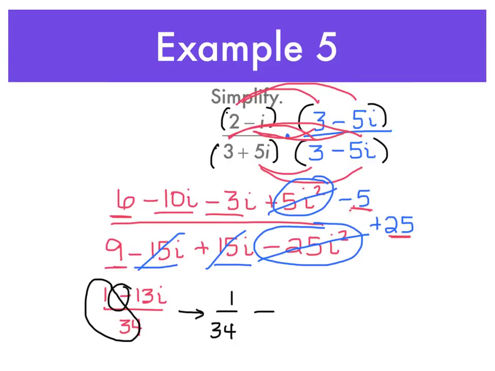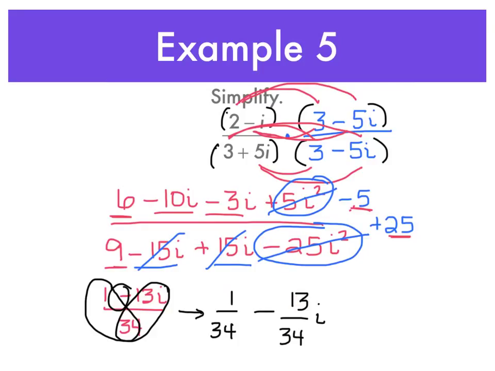minus 13i over 34. And a lot of times you'll see it written like this, 13 over 34 with i down on the side, okay, instead of up with the 13. If you put it up with the 13, I would not mark it wrong. Now, in this problem in particular, it doesn't really matter whether you leave it like this or whether you separate it. But I'm showing you to separate because if you end up with a fraction that you can simplify,